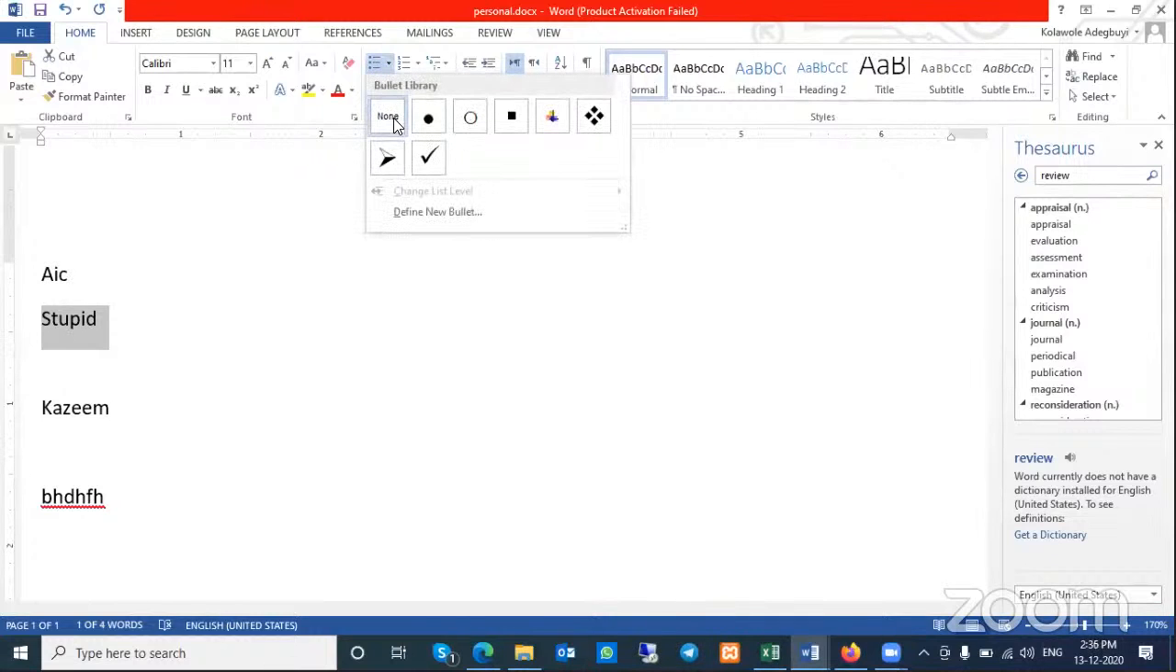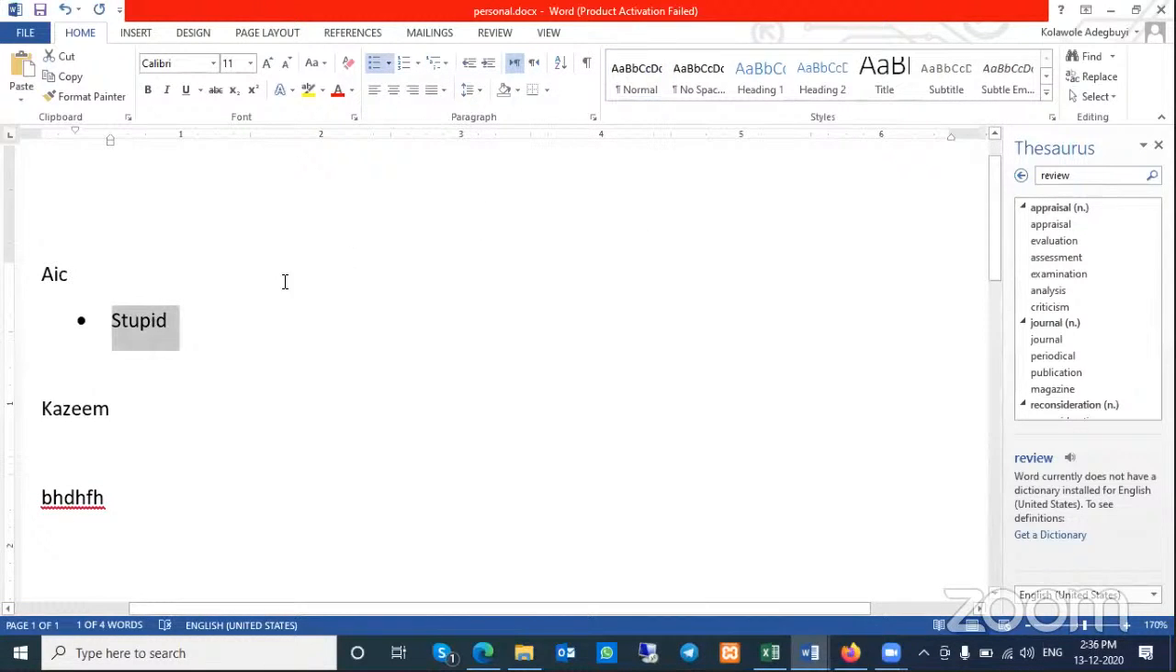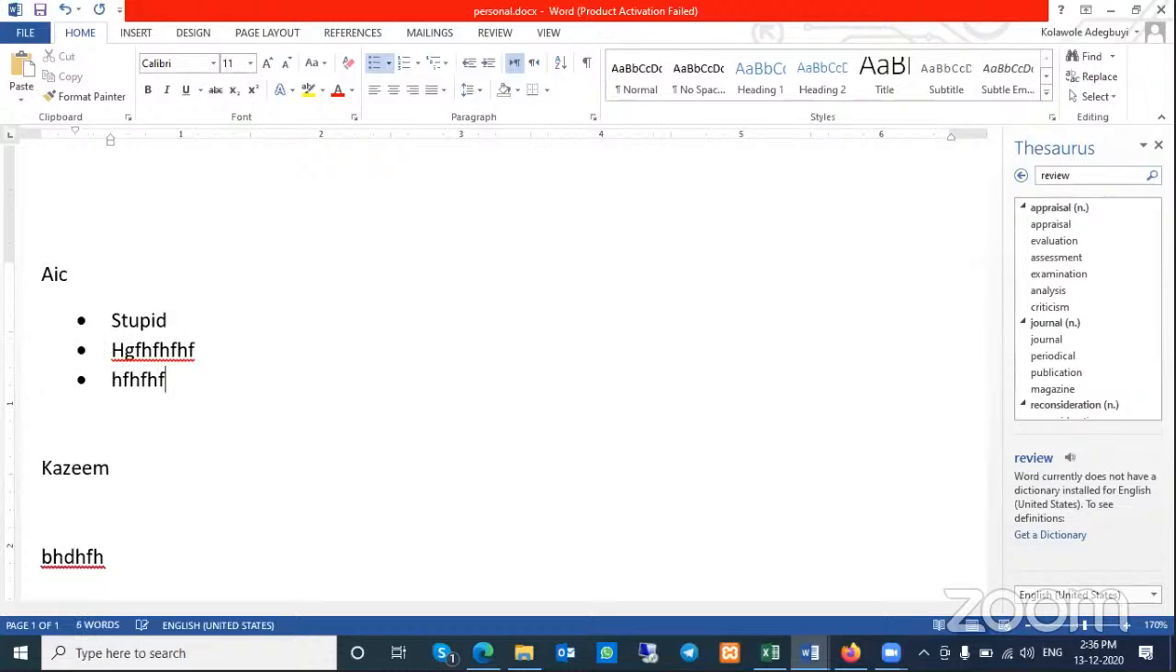As you are seeing my screen, this is the bullet option. Just select a bullet. As you are typing a list, just press Enter to continue the listing. It makes our work more